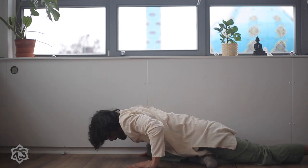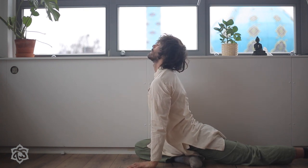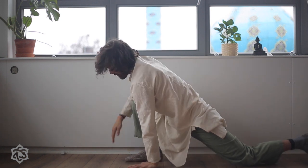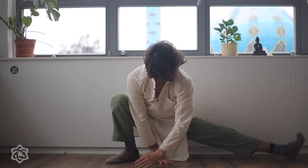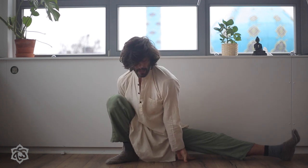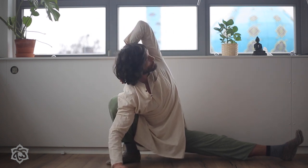Very gently pushing down, coming up and extending your torso up, arching the back a little bit, taking a deep inhale. On the next exhale, changing the position of your right foot, changing the position of the hip that is on the back. Maybe you need to place your hands here, maybe you need to place your hands behind, maybe you need a wall behind you, maybe you need a bolster or a pillow underneath your hips, and you need underneath your ischiums to come in front of your knee and gently push back to open the space on the